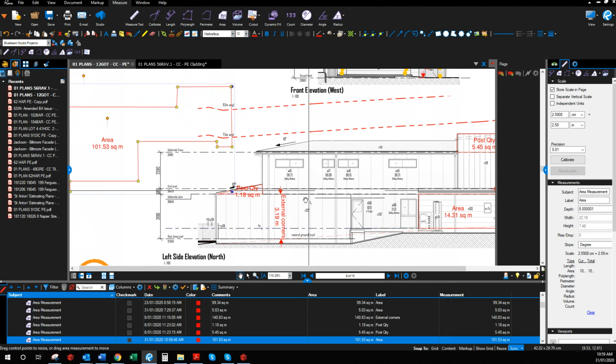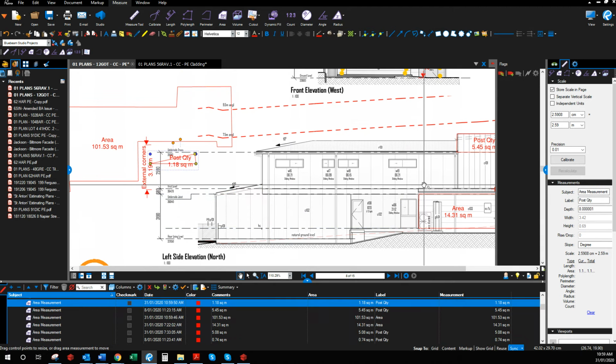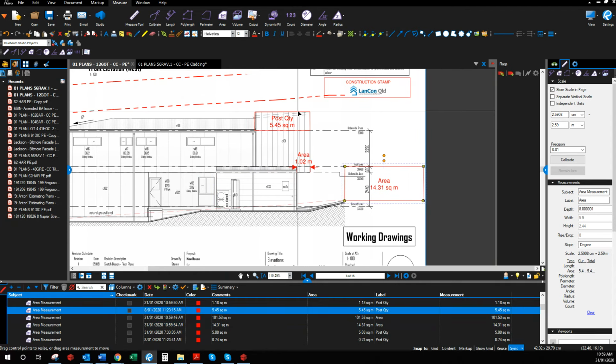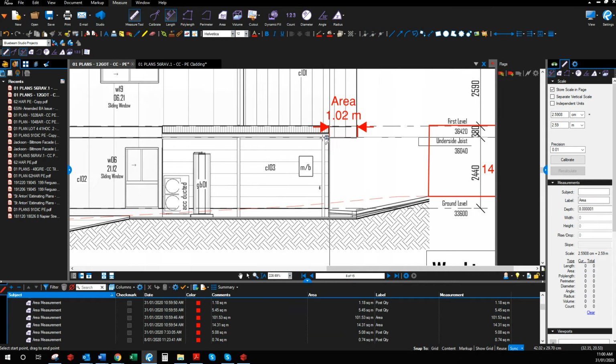Now if we move over to here, we've got another different type of cladding again. So we've got these areas. So we've got stria along here. So I'll just see when we get to 4.2. Just put it there so I know roughly. And then that's the height that we're working with. So 4.22. So it's going to be,